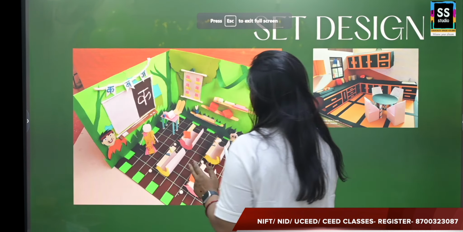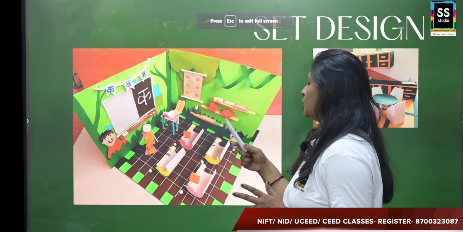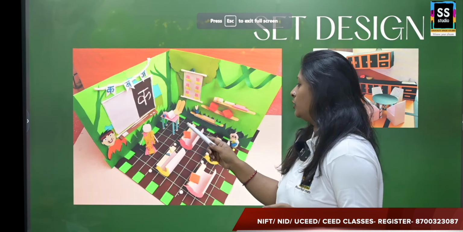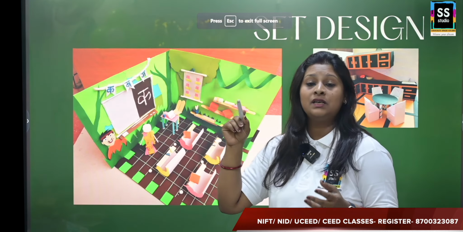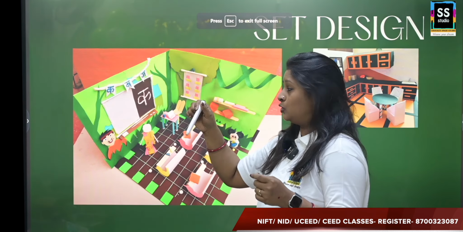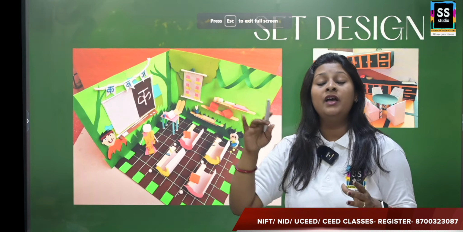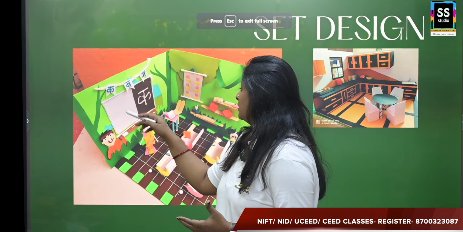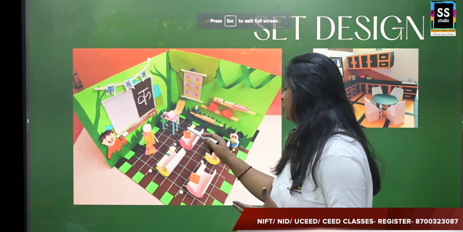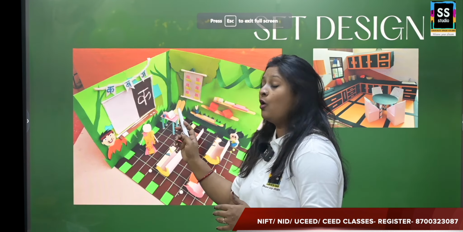And here is one of the models which is based on Panchatantra, the classroom for the kids, which is made on the theme of Panchatantra. Now if you want to, you can zoom in and see that the Ka Kha Ga has been written with clay, and rolling of the tissue paper has been shown here, and through that the buntings have been shown here. Now ये जो Ka Kha Ga जिस पे लिखा हुआ है उसको हम buntings कहते हैं, and the board, the display board, some of the shelves which are made by the ice cream sticks, some of the transformable chairs where the desk area is shown, where the sitting area is shown, and also one of the human figures.